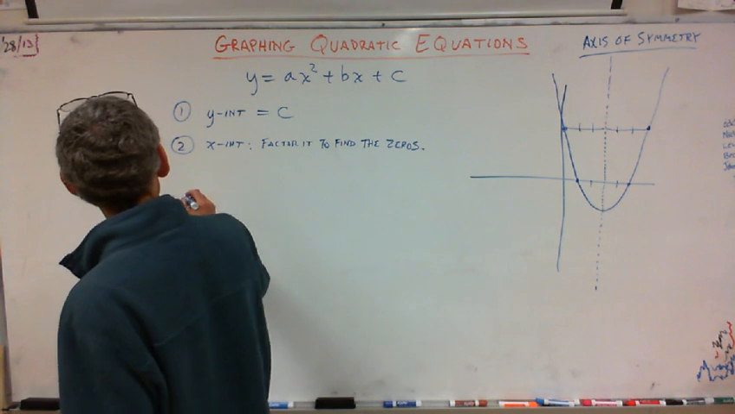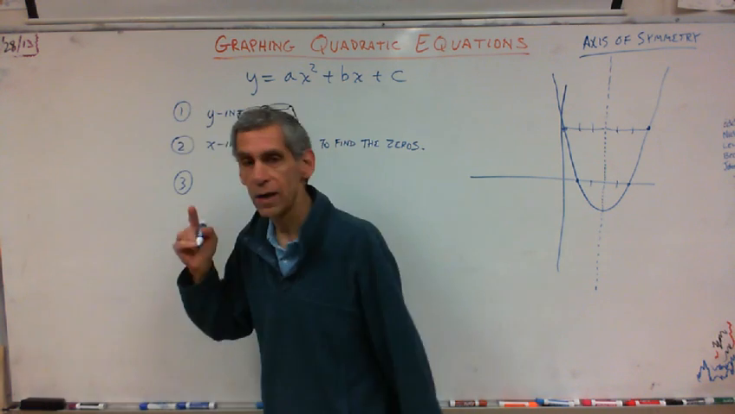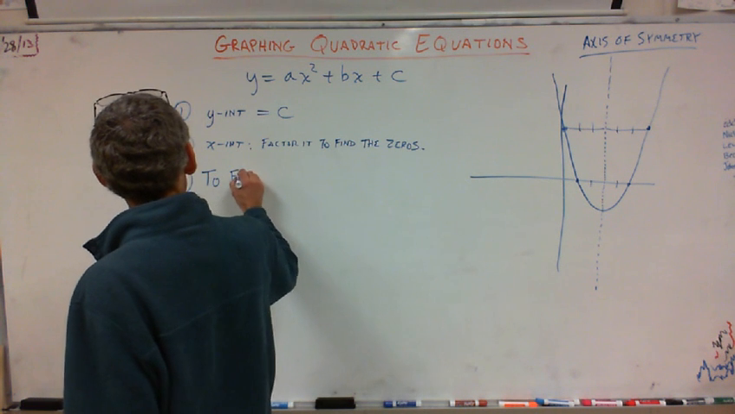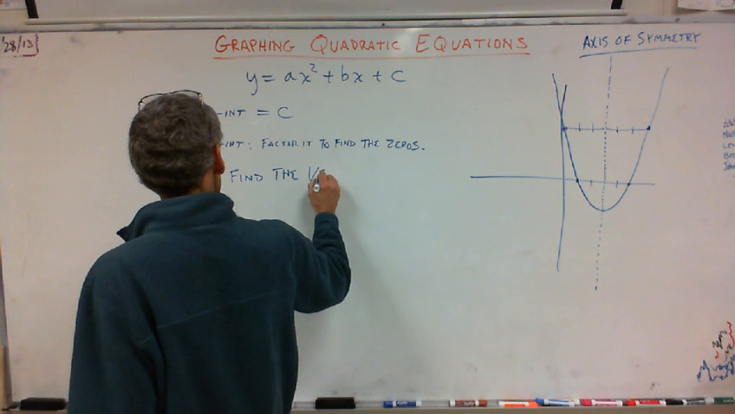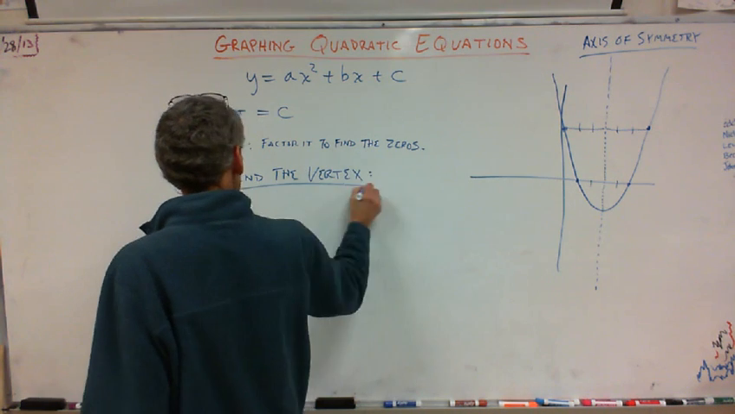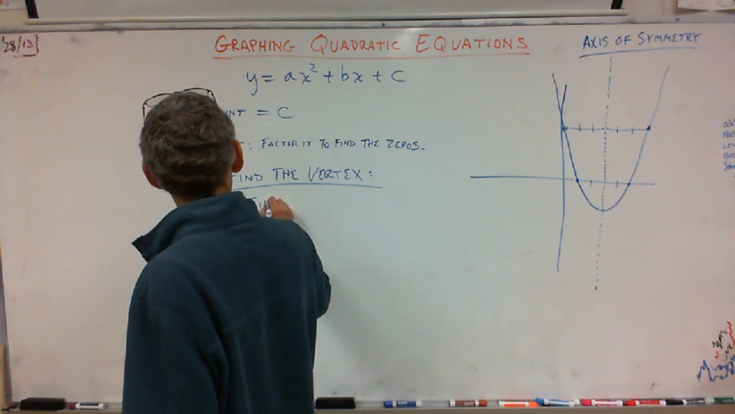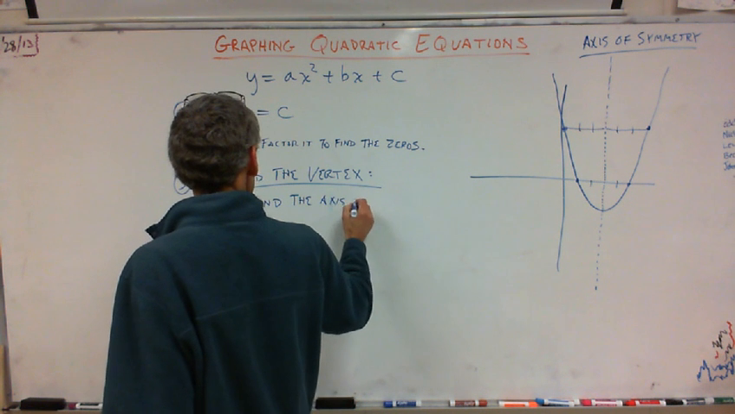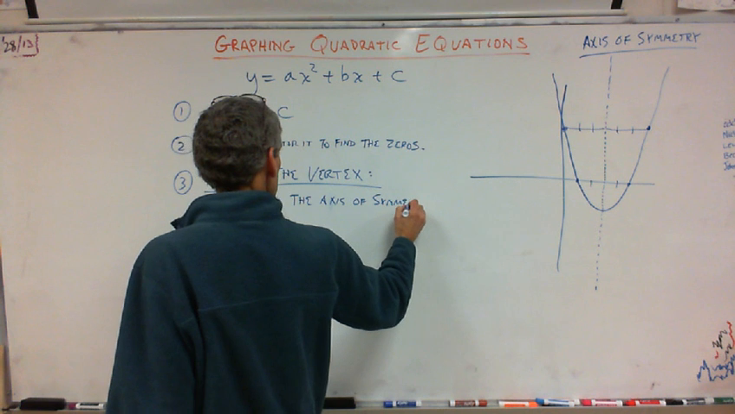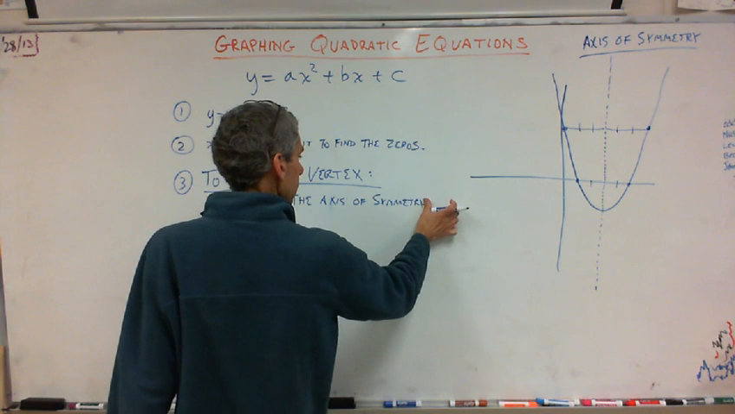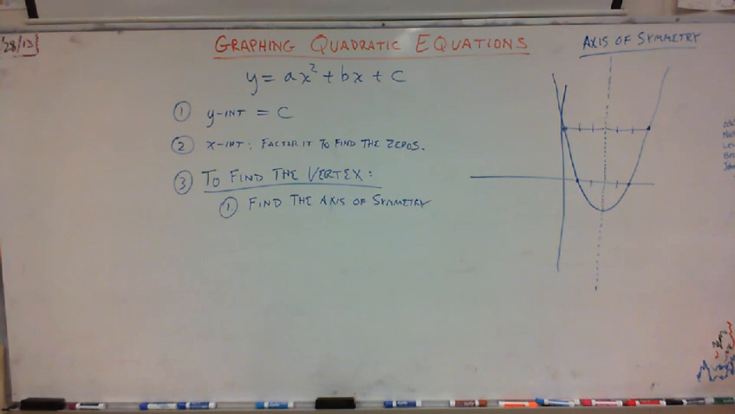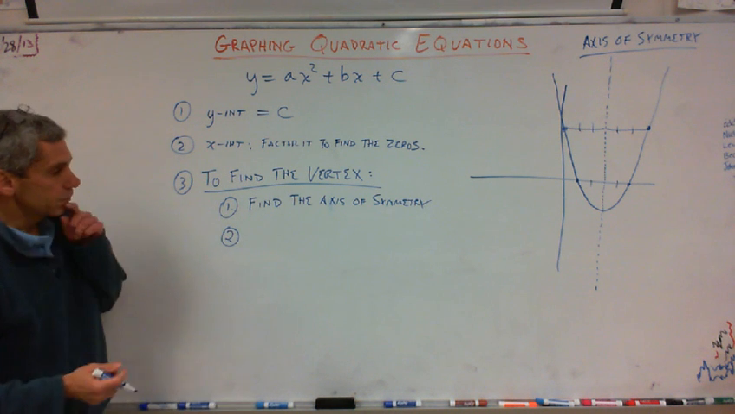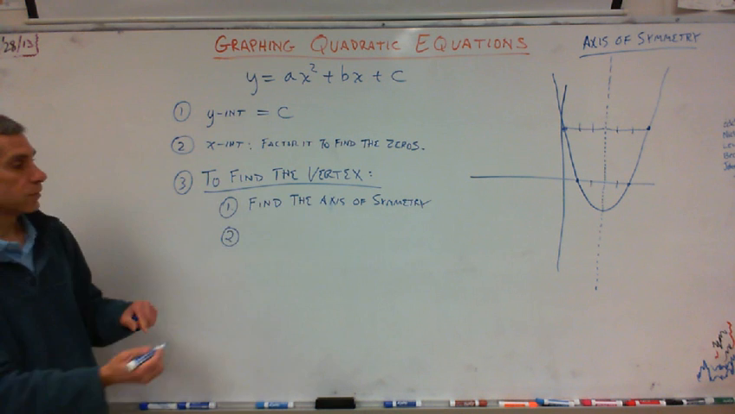Now, here's the biggie. You need to know how to find the vertex. This is what you have to do. First, you have to find the axis of symmetry. First of all, you've got to find the axis of symmetry. The second thing you've got to do, once you find the axis of symmetry, this is the formula for axis